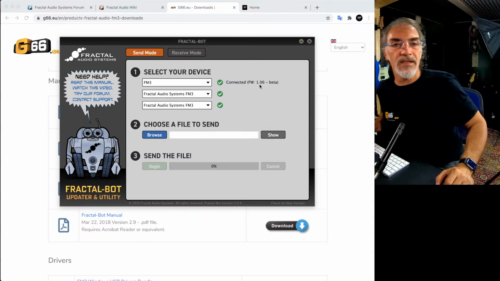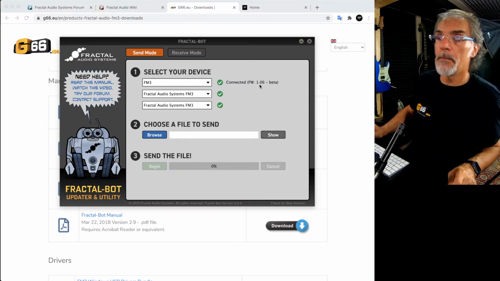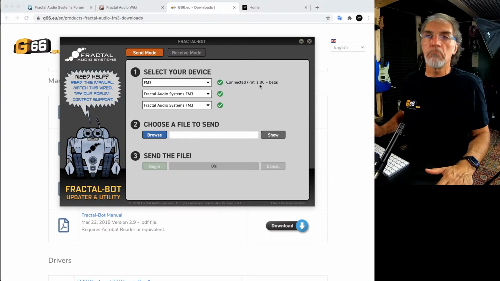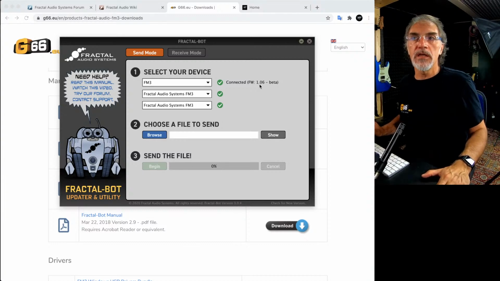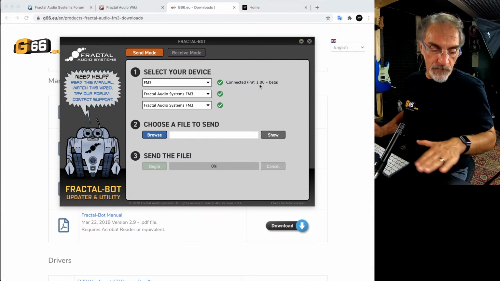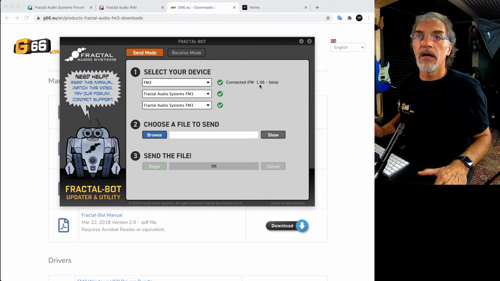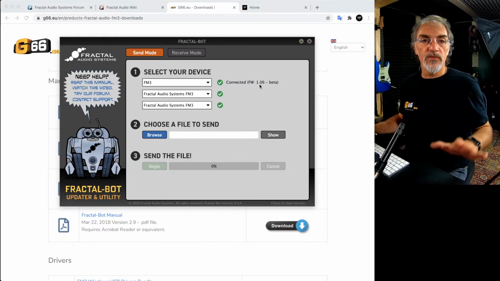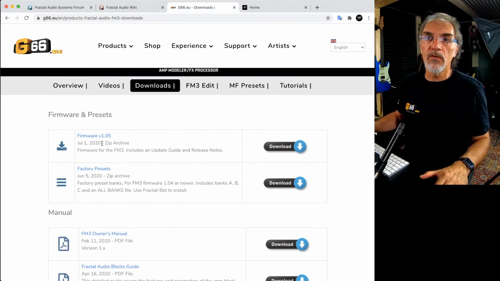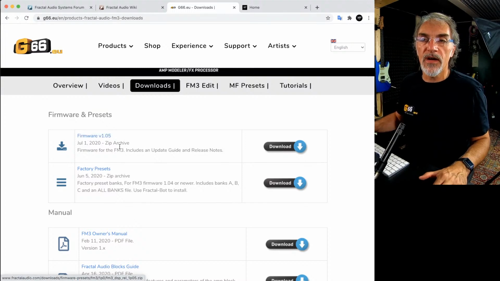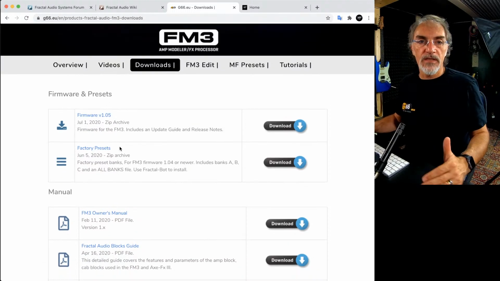Now I'm working with the latest 1.06 beta version, but it is a really stable version, and very soon the released 1.06 version will be available. Actually, the official version is this one that you see in the downloads, firmware 1.05, but very soon the new version will be available.